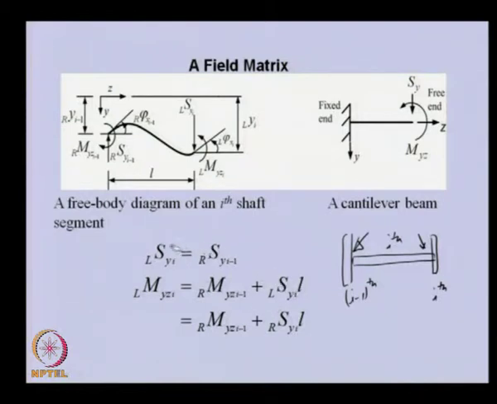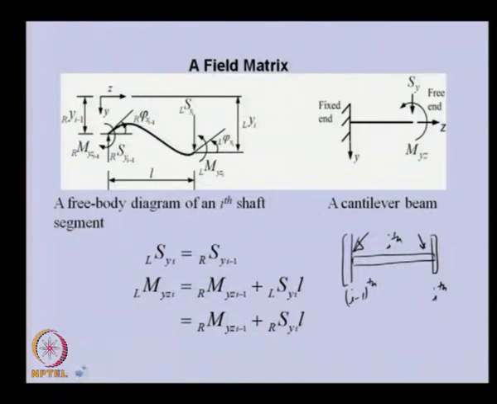Using this first relationship, because both the shear forces are the same, we can even replace the left with the right, so there will not be any change. So, you can see that now we have represented the field variables here, all on the left side, and here all are on the right side of the ith disk.